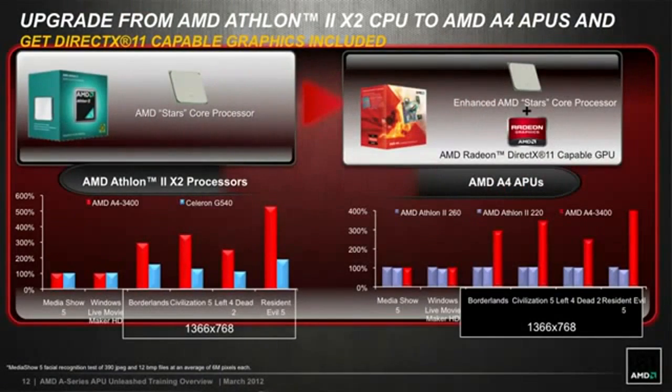Again, looking at the performance, you can see we're comparing against our Celeron, the G540. That's one of the key products that's going to be in this space that we're going to be competing against. You can also see the Athlon 220 and 260 to the right. So what we've currently got in market is very competitive. You can see a lot of flat tops here as they compete against Intel very, very well. And you'll see these huge red spikes. Again, that's that incredible graphics performance that you get for free